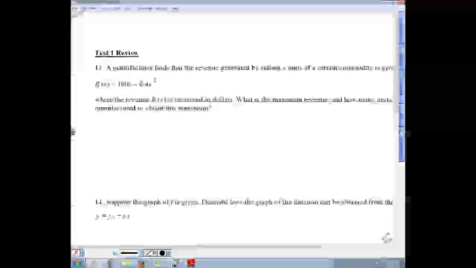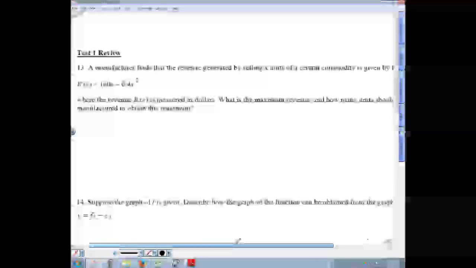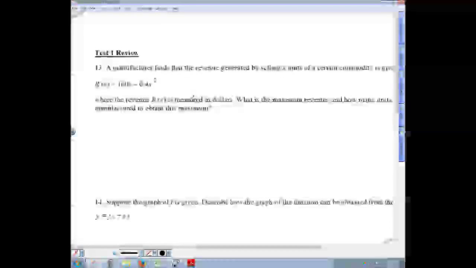Okay, this is another application problem from section 3.1, pretty much the same as the previous problem. A manufacturer finds that revenue generated by selling a certain commodity is given by this function, where revenue is measured in dollars. What is the maximum revenue and how many units need to be manufactured to obtain this maximum? Key word here is maximum, and tying that back into this,